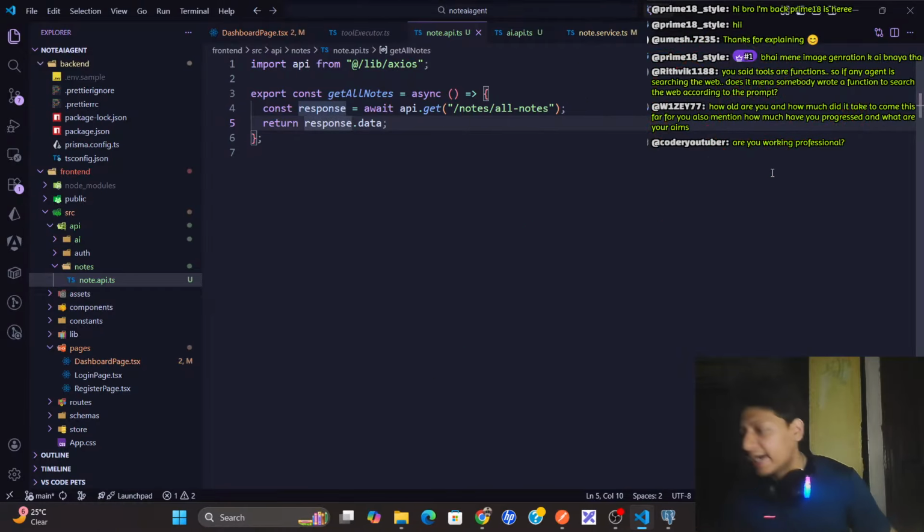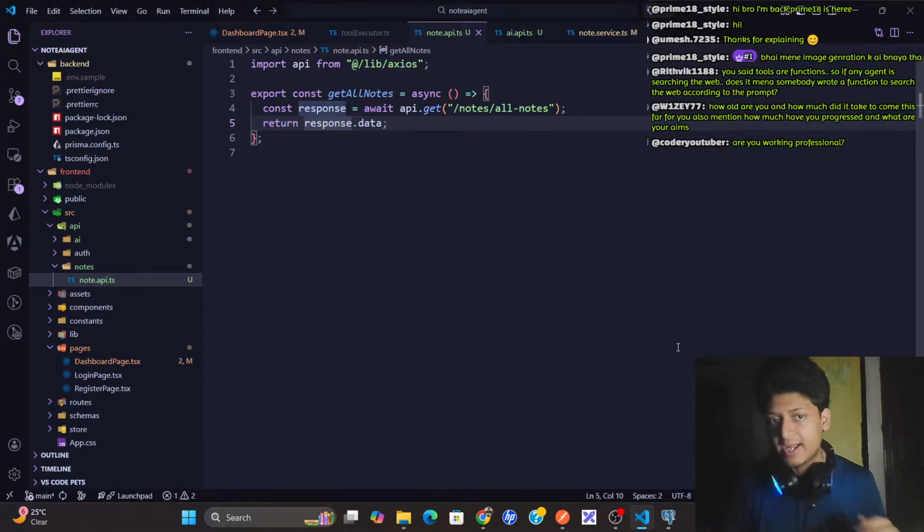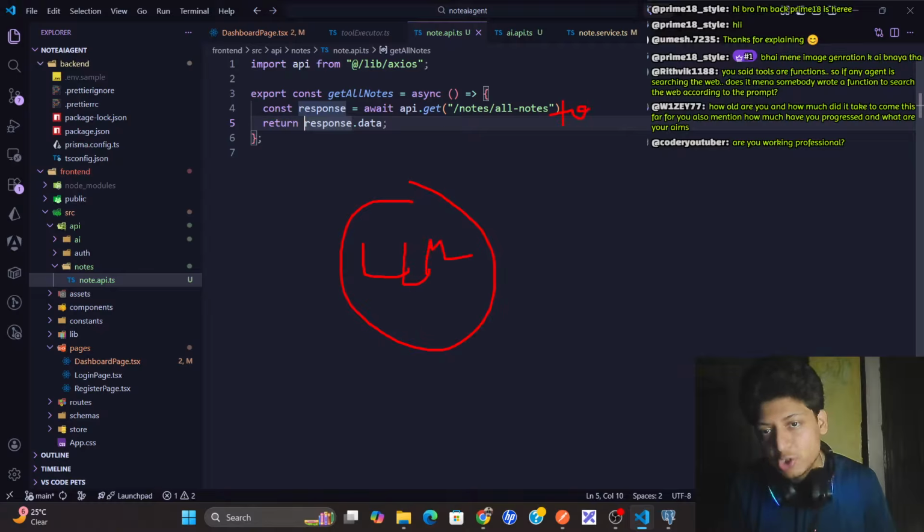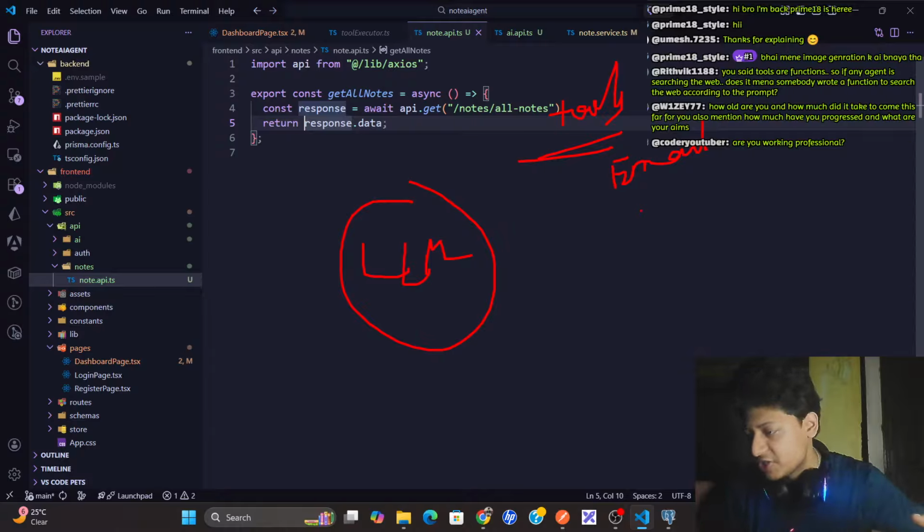For example, if you are creating an agent that writes emails for you, this is the LLM, and the tool will be Google email, where you get the Gmail API key and configure all of this. And when somebody comes to this agent and tells it to write an email regarding this and send the email, this LLM will use this function. That's it.